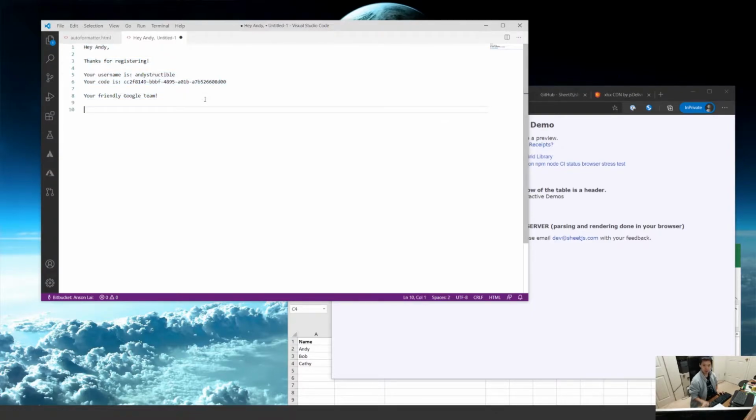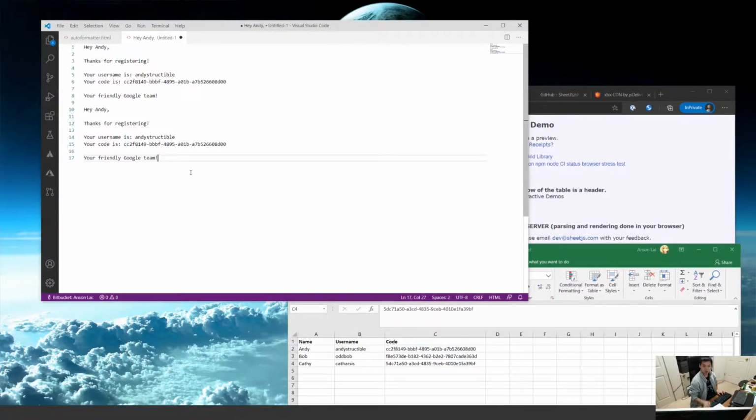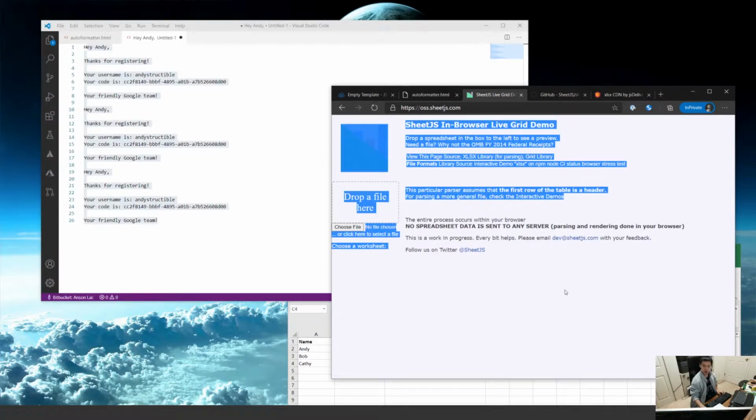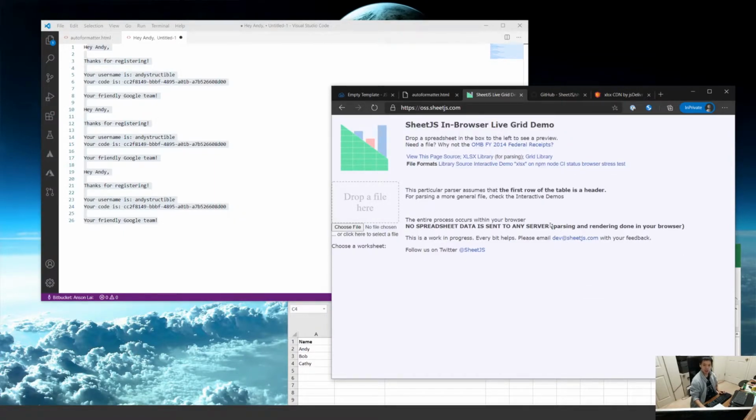So one for Andy, one for Bob, one for Kathy, maybe in different cards, maybe separated somehow, but basically a way for you to upload the Excel file onto the page, or have the page read the Excel file and then output this text somewhere down here so you can copy and paste into the emails. So hopefully super simple. I will always as a rule run into problems, and then in the end I will